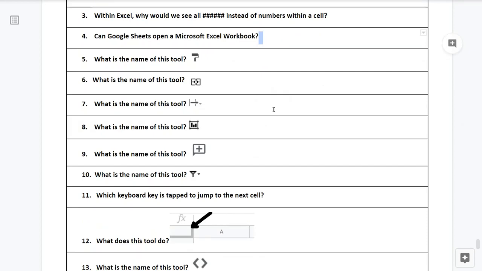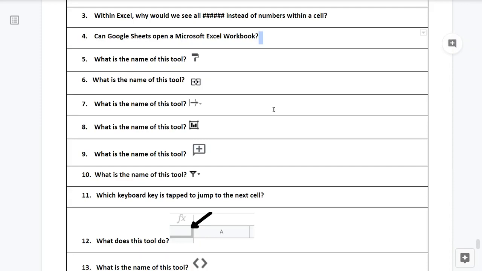Can Google Sheets open a Microsoft Excel workbook? Number 5. What is the name of this tool? Number 6.